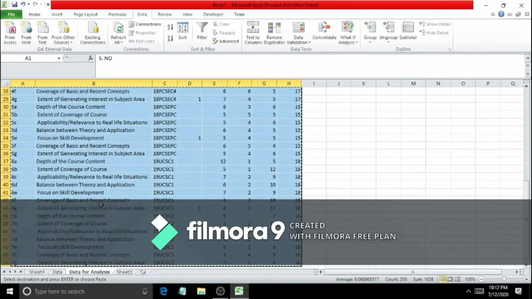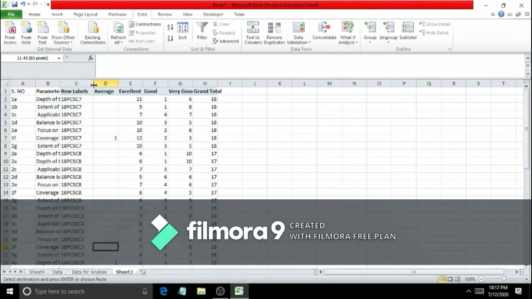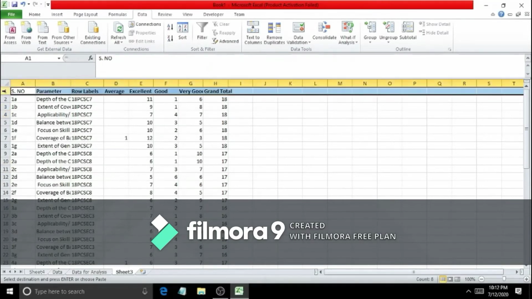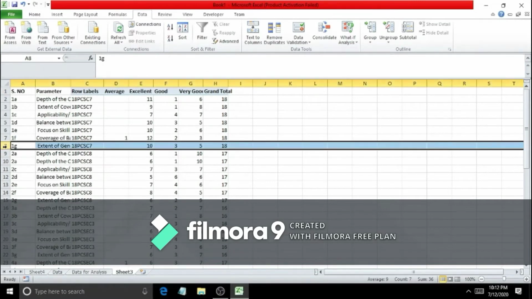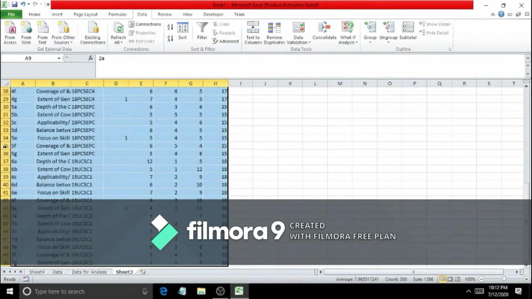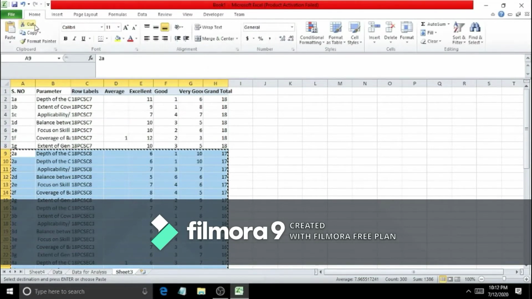Okay, change the name of the sheet and copy the same content and paste it in sheet 3 also. You keep both sheet 3 and data for analysis. Leave one course code, and the rest of the codes we select and cut from this sheet and paste in a new sheet.